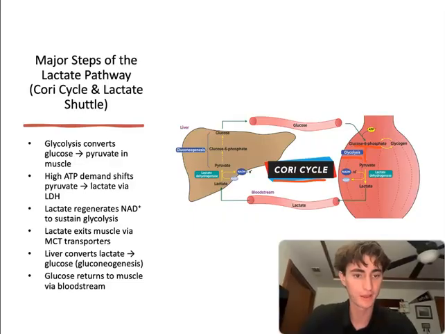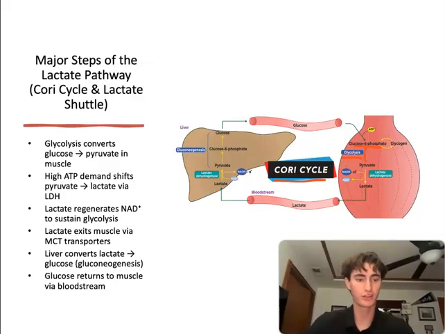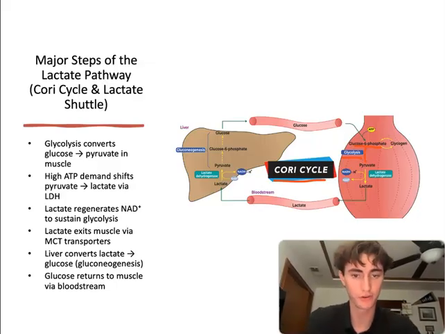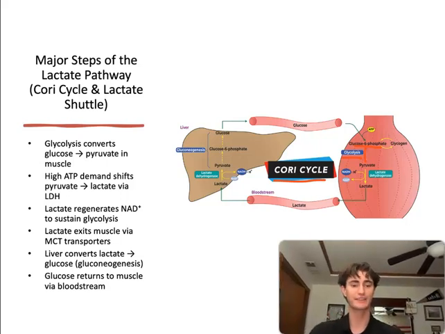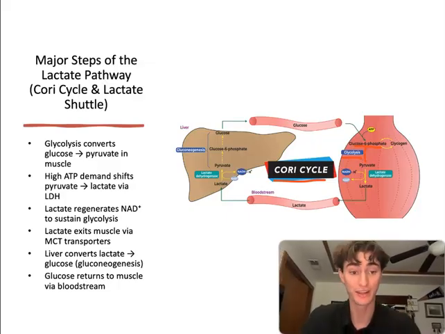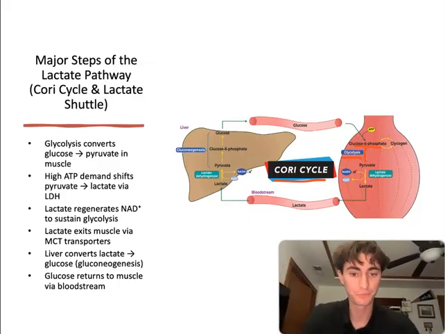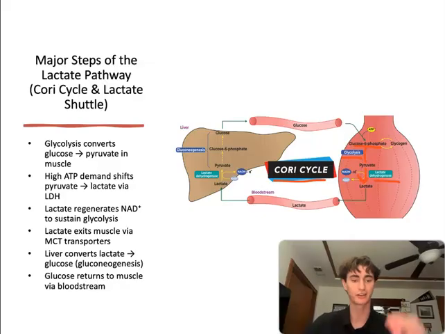So now we look at the lactate. When the mitochondrial oxidation is limited, pyruvate is then converted to lactate. This reaction is catalyzed by lactate dehydrogenase. As we can see right here, the pyruvate is converted to lactate by the lactate dehydrogenase. And it's important to note that NADH right here is converted back to NAD+, because this allows glycolysis